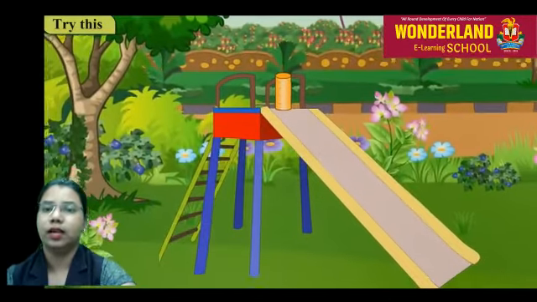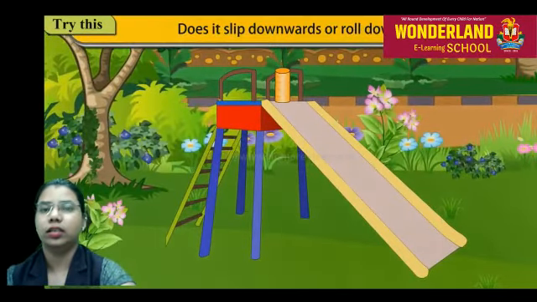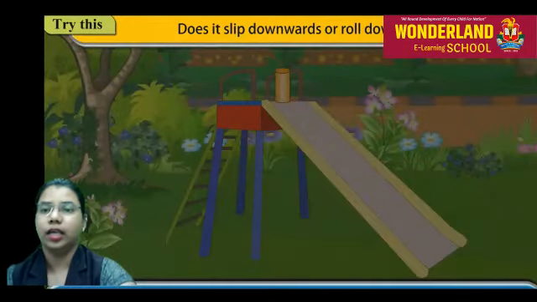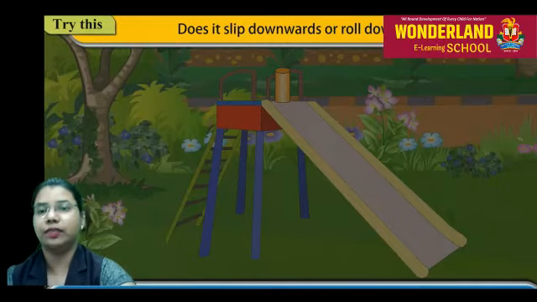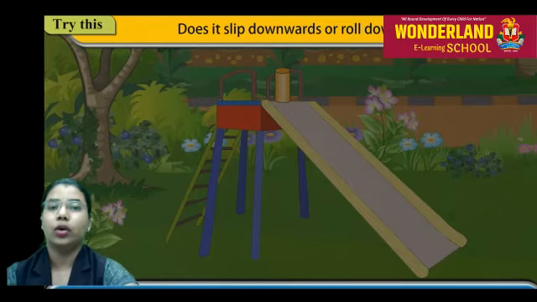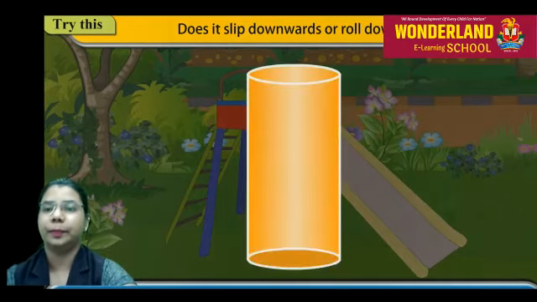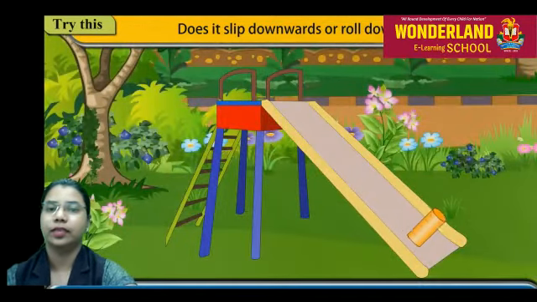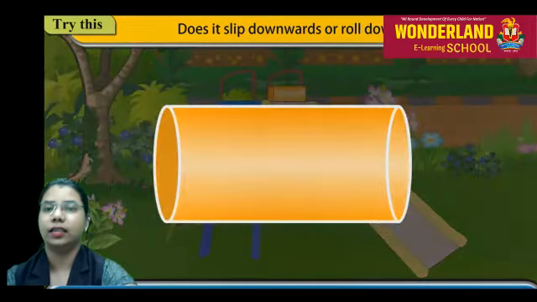Now see this. Place a cylinder on the top of the slide. If the cylinder is placed with the flat circular base, it will slip down the slide, and if the cylinder is placed with the curved surface, it will roll on the slide. See, you can see that.